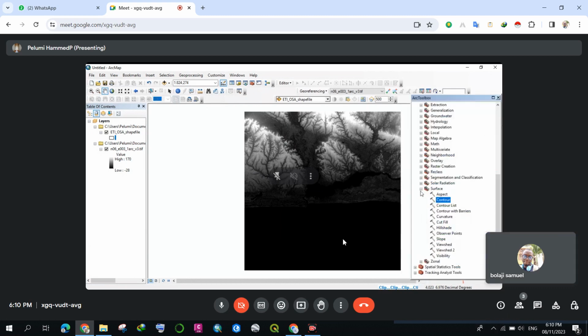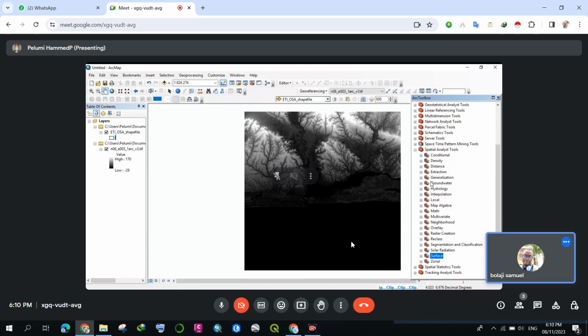Then you just click Spatial Analyst Tools, then click extraction. Then extract by mask. Yeah, you can use that method also. You can use the method. But I think